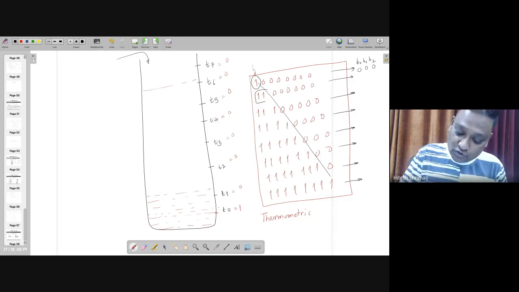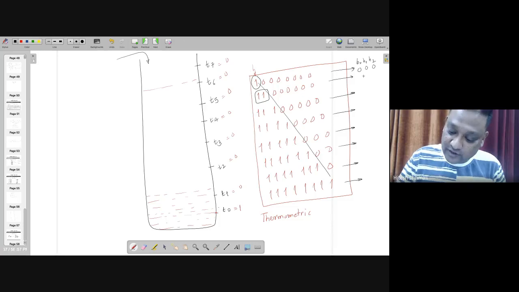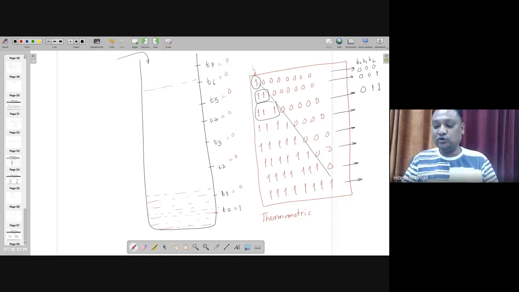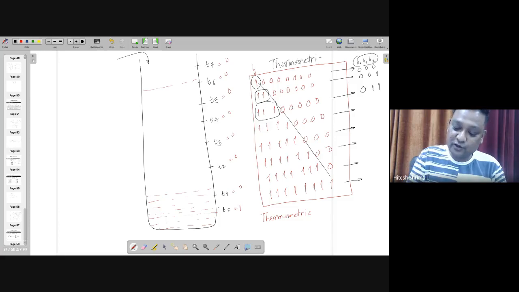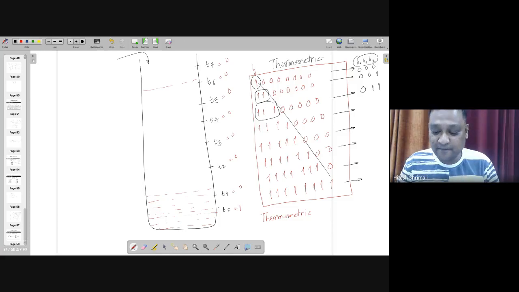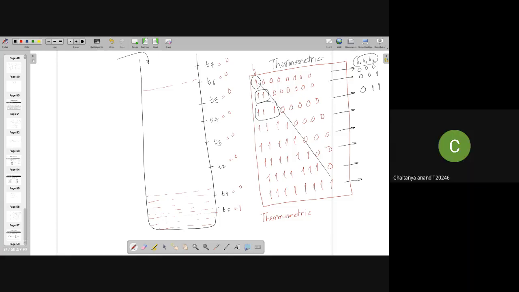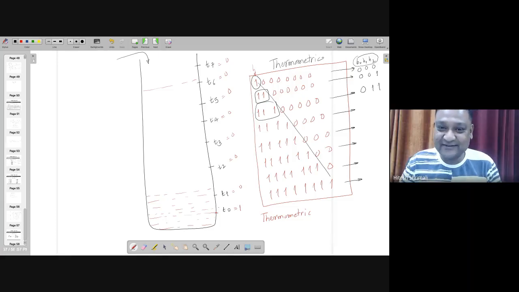If 2 are on, I am going to call it 0, 0, 1. If 3 are 1, I am going to call it 0, 1, 1. And I can write down the whole truth table. Notably, such kind of circuit which converts this code to this code, means thermometric to binary. Have you seen such a circuit in your digital electronics book? Have you studied this, right? What is the name of the circuit? Priority decoder. Not priority. There is nothing like priority.